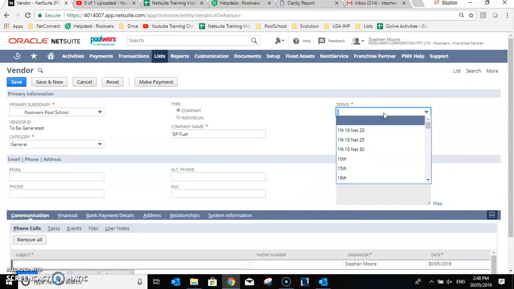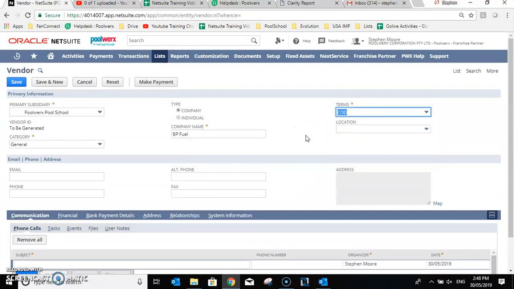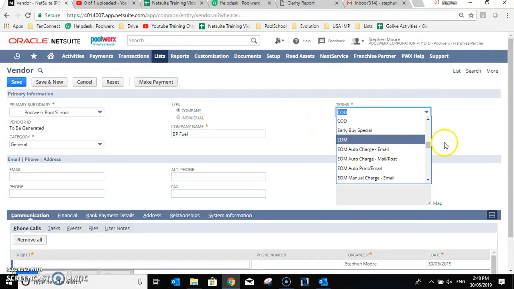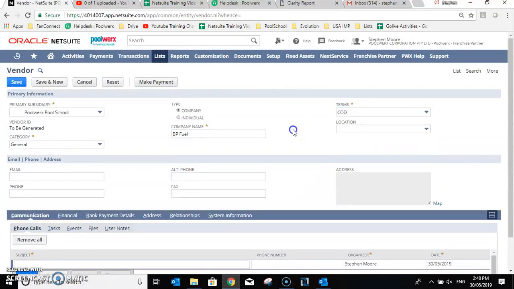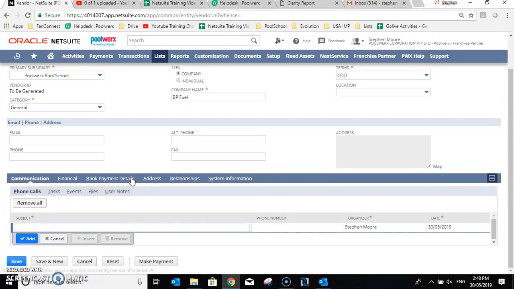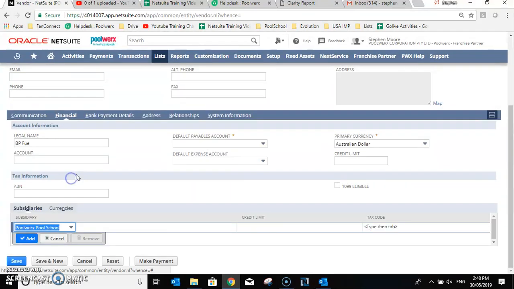9 out of 10 times you'll have a cash on delivery when you're purchasing it on site. If you had a fuel card, you may also put the date of the month that you actually get charged or have to pay your monthly bill with them. We'll just put COD here for the moment. We don't necessarily need an email or phone number on a non-inventory supplier. And in our Financial